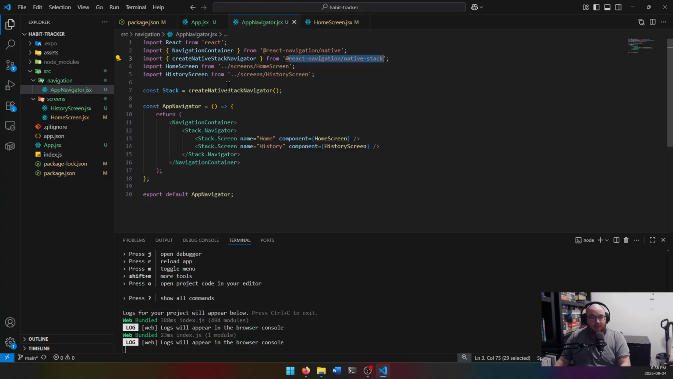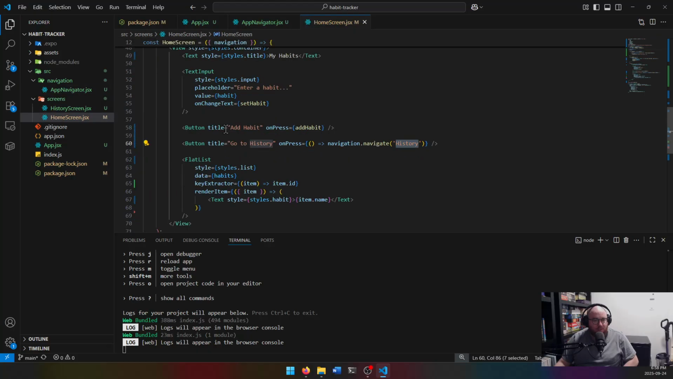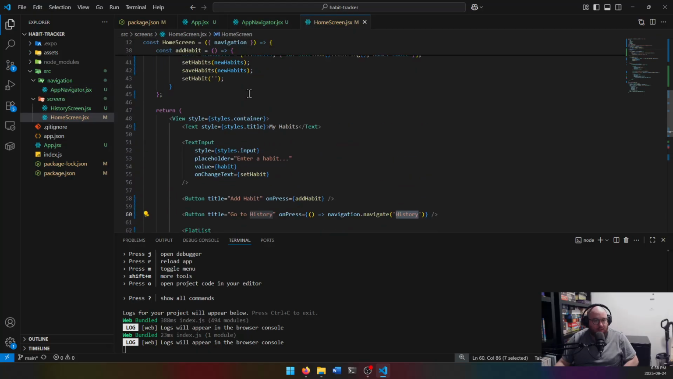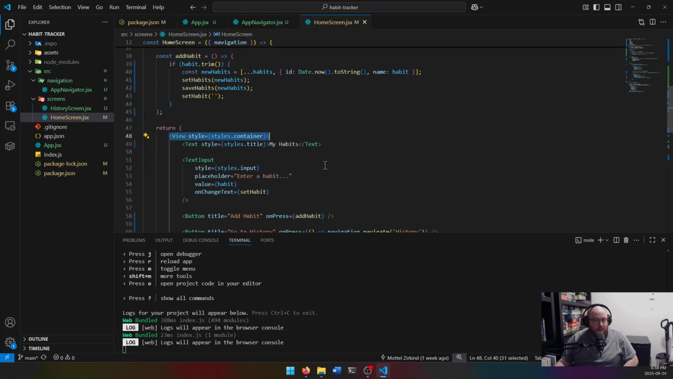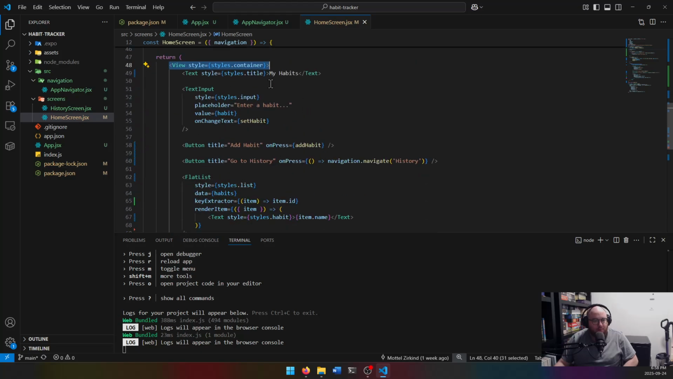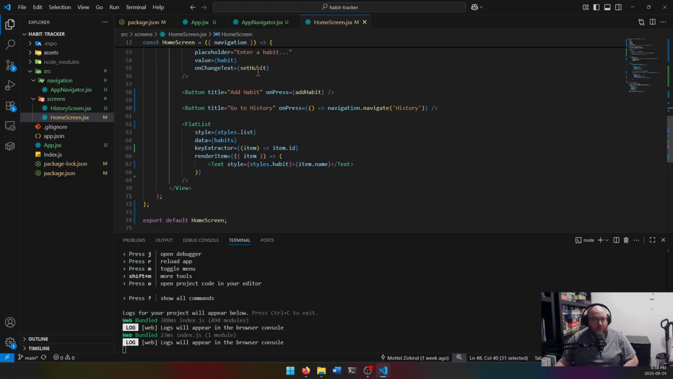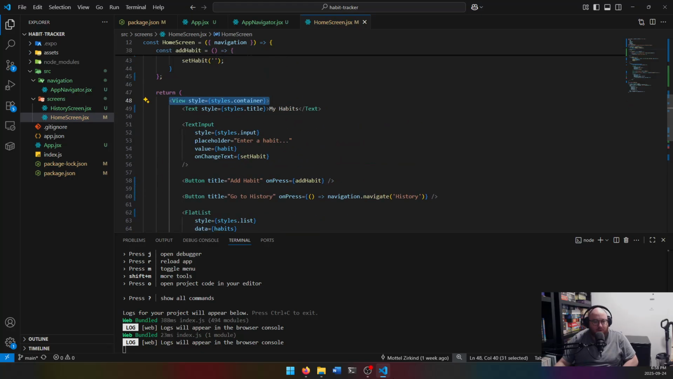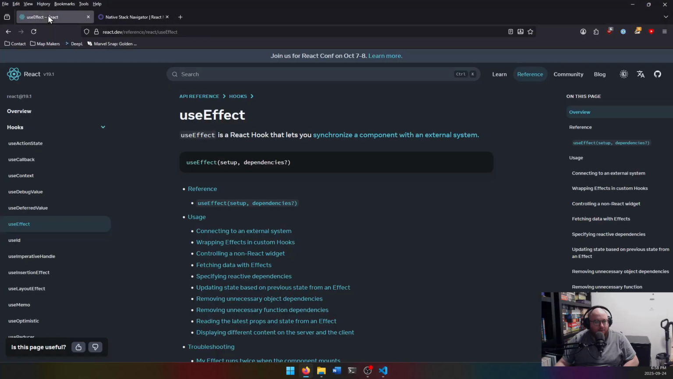But the basic idea is that I've got this create native stack, and I've got this navigator that's going on here. Now, if you look at the home screen itself, we've got a view, my standard view that everything else is inside of. You'll notice I start over here with a view, and I've put a bunch of stuff inside my view. But if you look at my app,